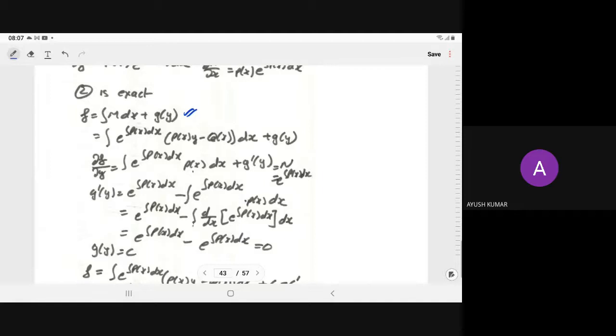So in this case, M dx, this we have. So this can be written as, if you compute the del f by del y, so del f by del y will come here: integral e to power P(x) dx into P(x) from here, plus g dash y, and del f by del y is nothing, it is the N. So when it is the N, so g dash y can be written as integral, just wait,